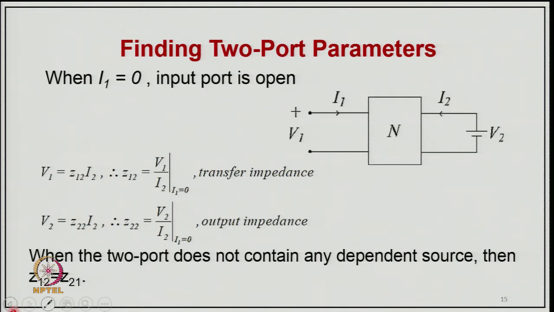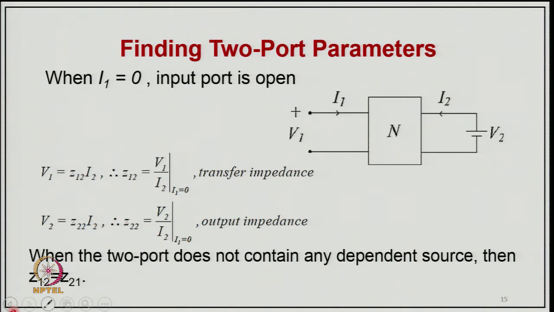To get another 2 parameters, we keep I1 equal to 0, which means the input port is open, and we apply a voltage source V2 at the output. Now, from the same equation, V1 is equal to Z12 I2, because I1 is 0. So, Z12 will be V1 upon I2, where I1 equals 0, meaning the input is open circuited, but this is the voltage reflected because of excitation of the output terminals. And similarly, V2 will be Z22 I2. So, Z22 will be V2 upon I2, where I1 is 0,